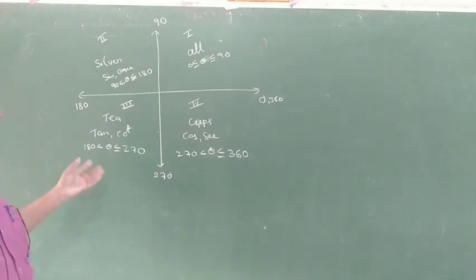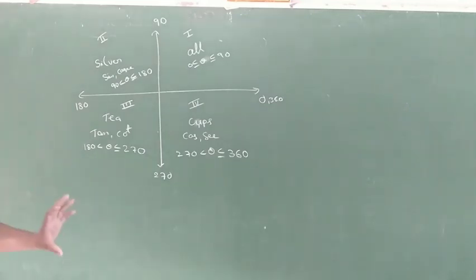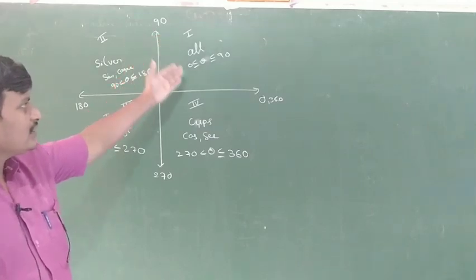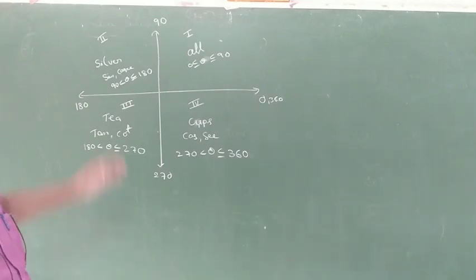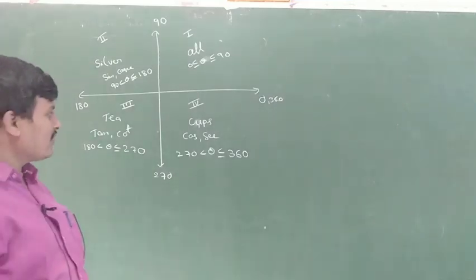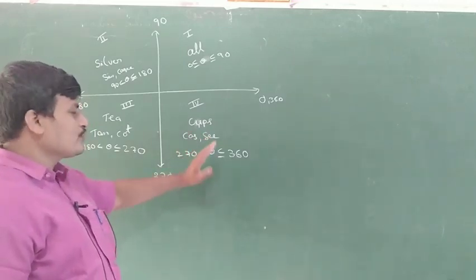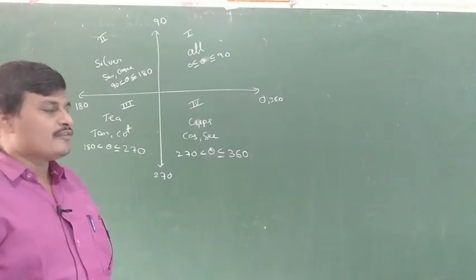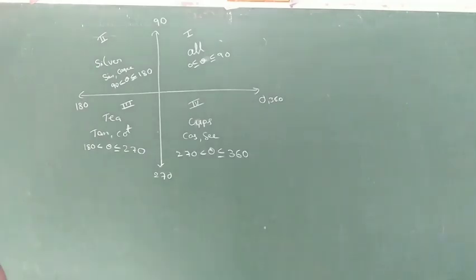Okay, what is the meaning of that picture? In the first quadrant, which are positive, and what is the range, which angle to which angle? This is the first quadrant, all positive, so 0 to 90. Silver, S means sine, the reciprocal of sine, cosecant, only these are positive. Range is 90 to 180, 180 to 270. T means tan, tan and cot, reciprocal cot, teacups. C for cos, reciprocal secant. These two only are positive in the fourth quadrant. Range is this one. This is the clear picture in the class.